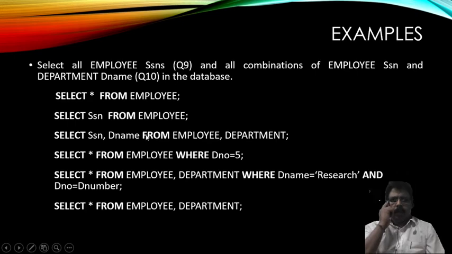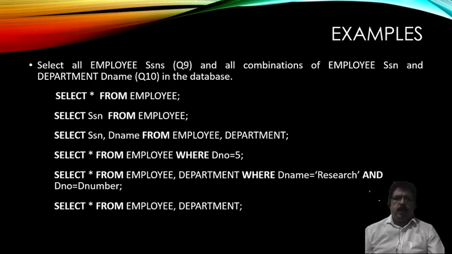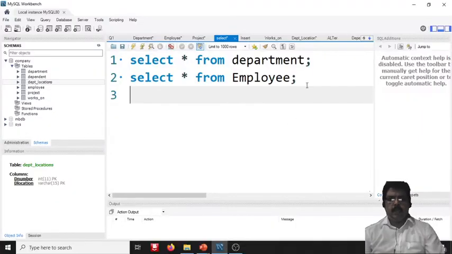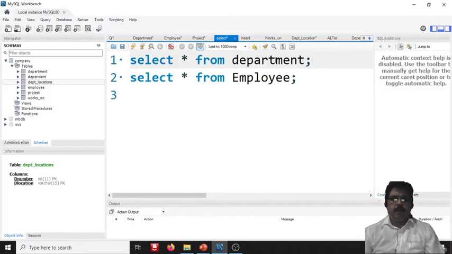Let us start with some examples from the employee table. Select star from employee we can use to display the records stored in employee. Let us try this with MySQL. Here I have written select star from department, or select star from employee. Select is a statement. Star, the asterisk symbol, defines the list of attributes. In case you want to display all the attributes, you have to use a star. Department is a table name. Here we have not specified any condition, so in such cases all records from the table will be displayed. Let us run this.